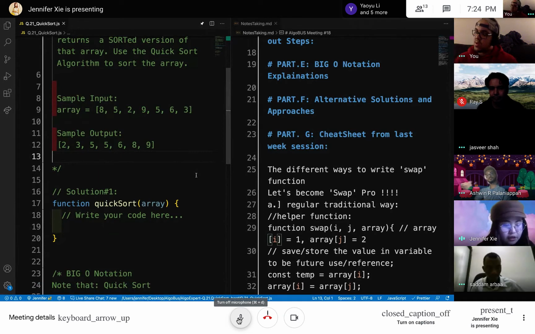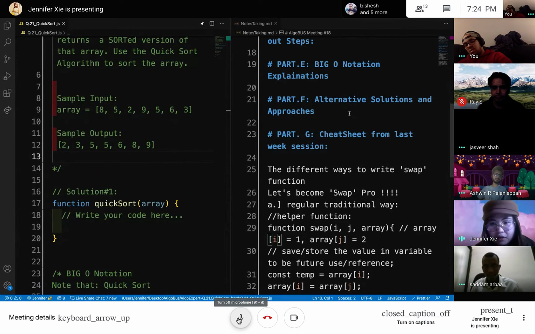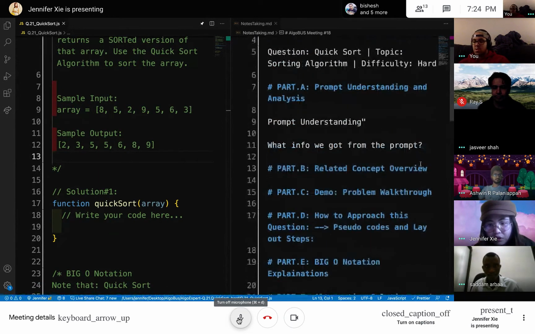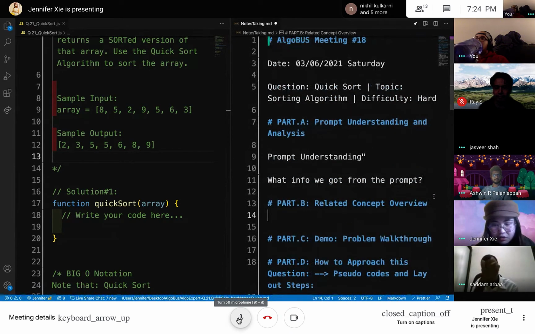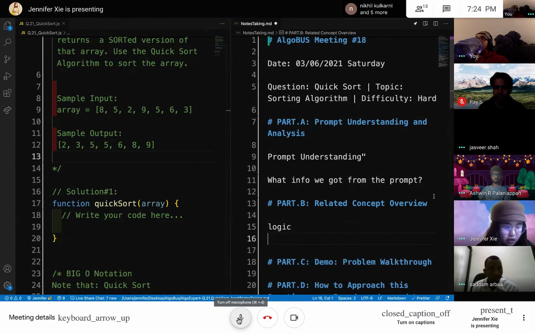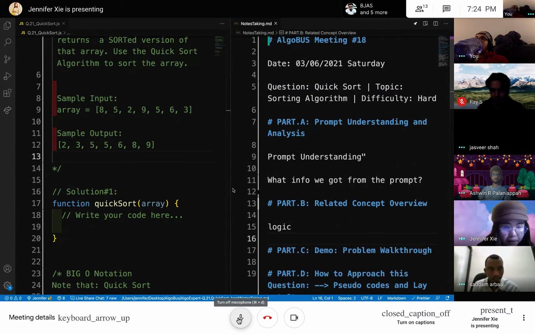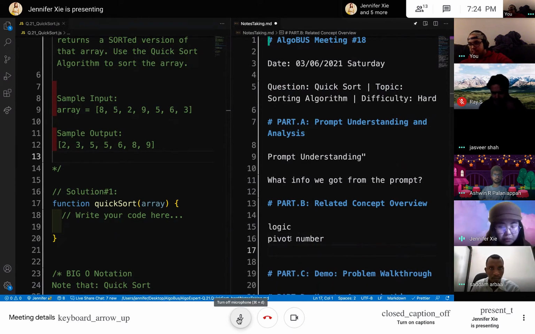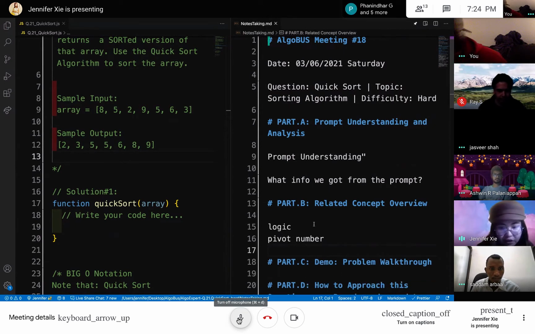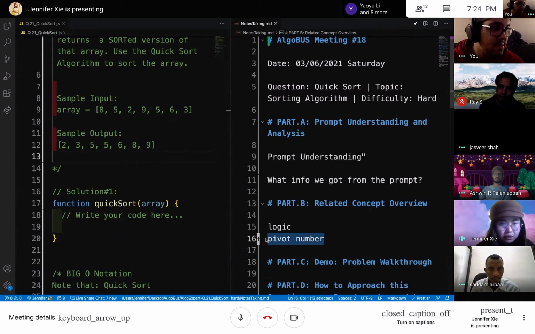So for this, I'm going to give an overview, kind of like a quick logic. First we're going to pick a number called the pivot number. Do you guys understand what a pivot number is? Basically a pivot number is a number used as a standard. Then you refer to that number